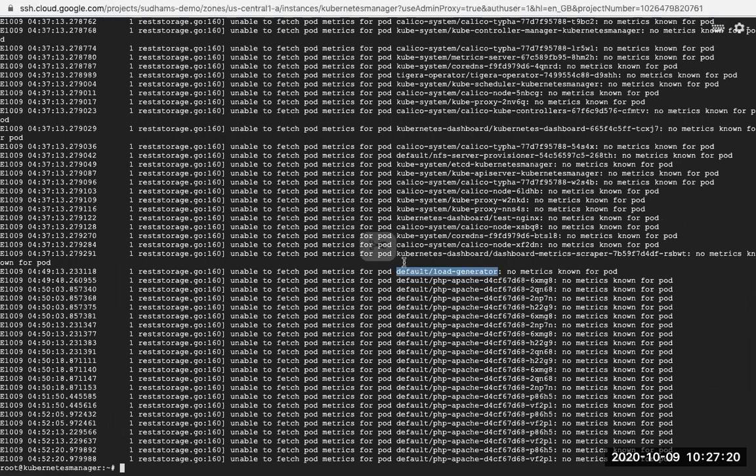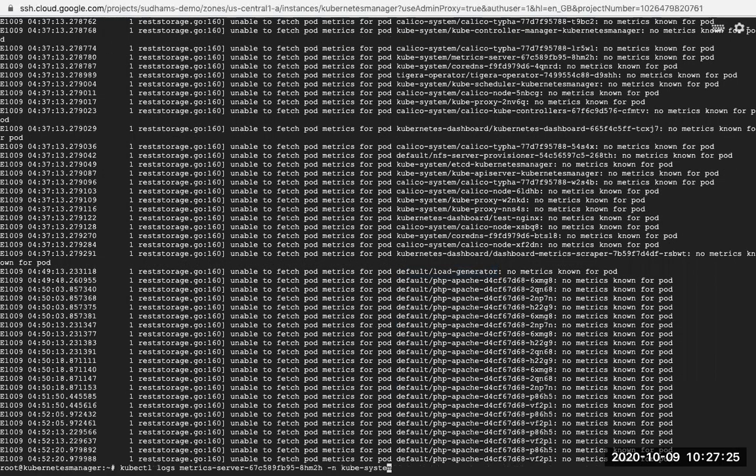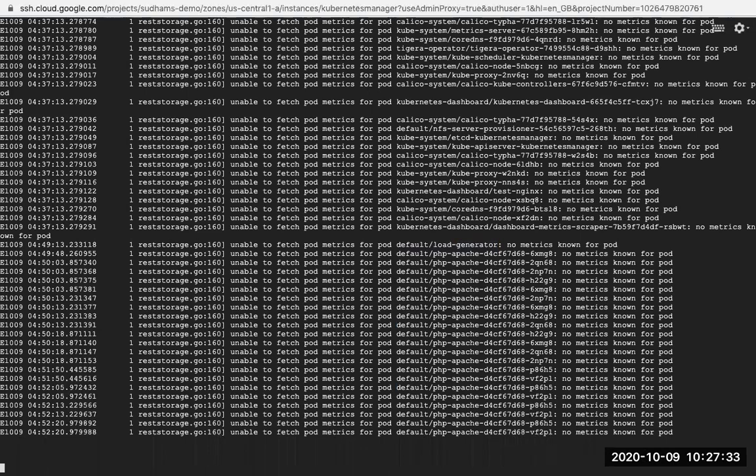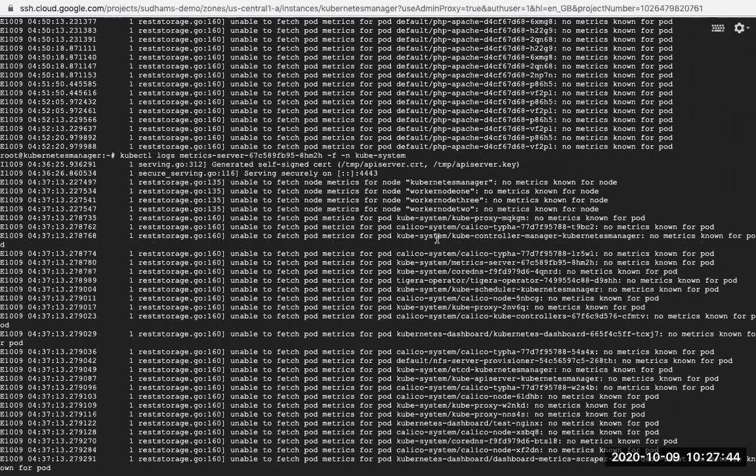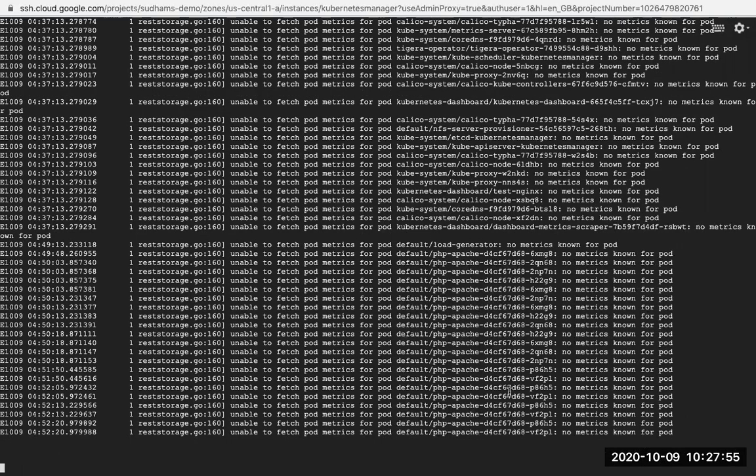So that's the reason. Let me see. But without fetching, it would not have increased, right? How did it get increased? So here we need to have a metric. No metrics known for pod.